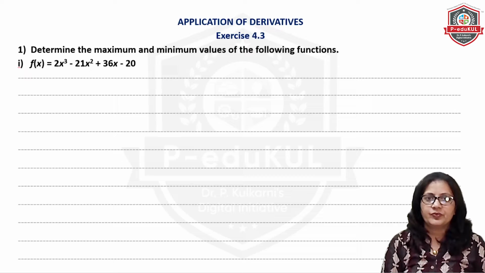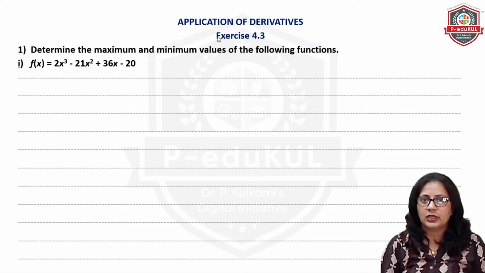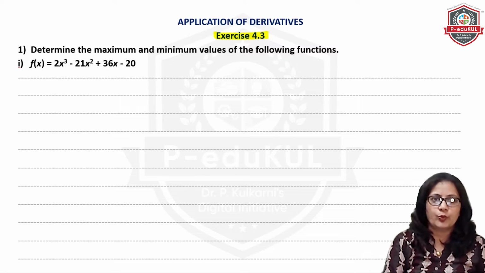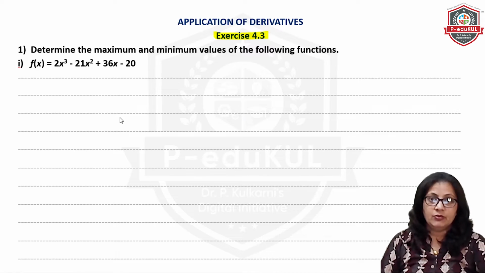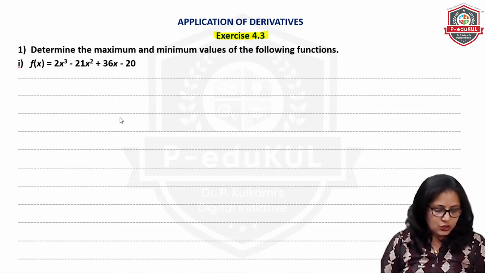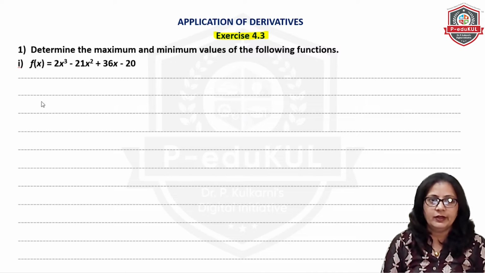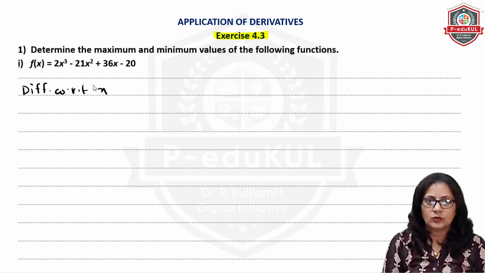So let's see exercise 4.3. We'll start with exercise 4.3. What we have to do is determine the maximum and minimum values of the following function. So first we will find the derivative. So differentiate with respect to x. So dy by dx